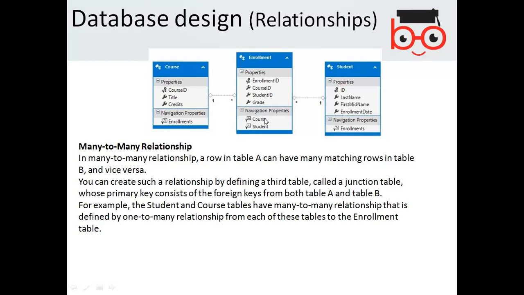So they will form a kind of junction table in order to give you the many to many relationship. So enrollment gives a junction.